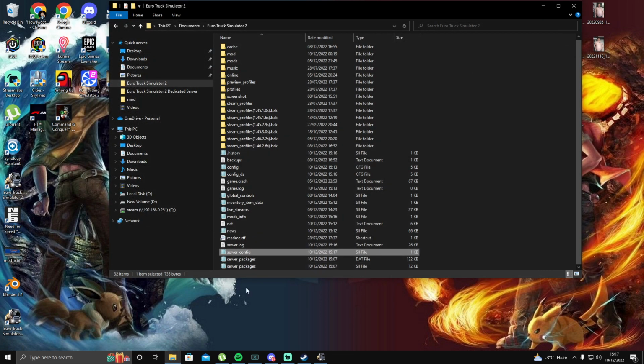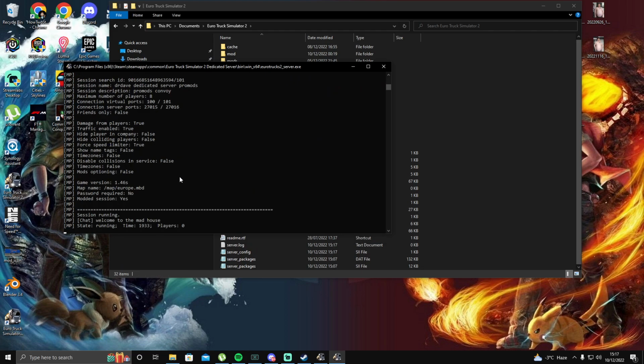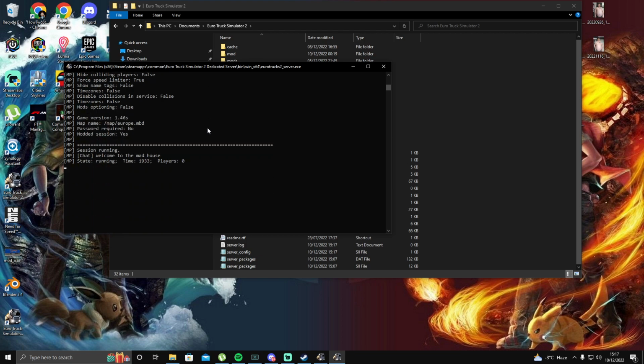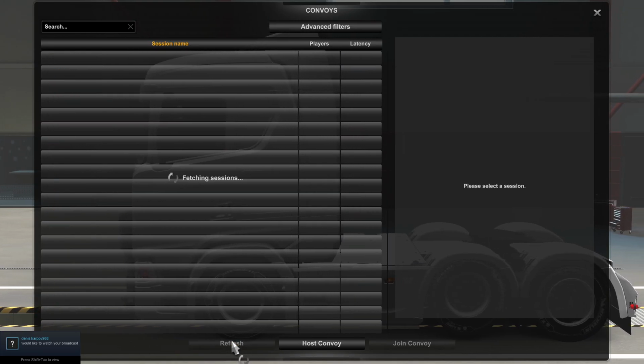But like I said, this is actually a good thing, because it's now showing you guys that if you do accidentally make a mistake or add an extra space or a dot or a dash, there is a little error, and it will tell you what line the error is in. So as you can now see, it's come up with the session name and the description of the Eurotruck file. So if we now come back to Eurotruck and we hit refresh,